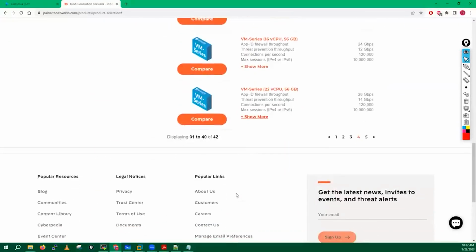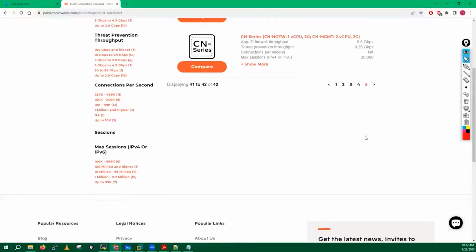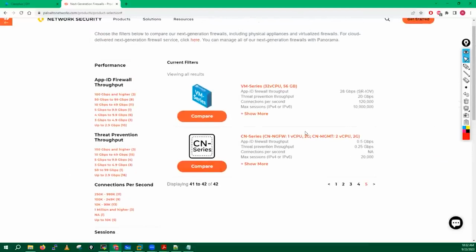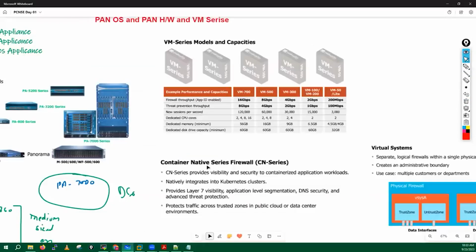Now, apart from this series, there is one more new generation firewall series offered by Palo Alto, which is known as CN series devices. These are the cloud native series firewalls. And guys, this is the future. Cloud native series firewalls are the future. Because in future you will see these CN series devices used by people a lot in cloud environments or virtual environments and all, because these devices you can deploy, manage, and configure with the help of Kubernetes clusters. These are like Docker images. Okay, so this particular series is also offered by the Palo Alto Firewall,